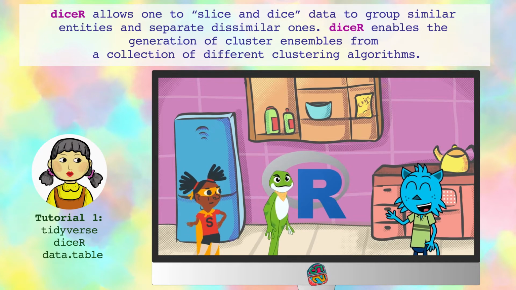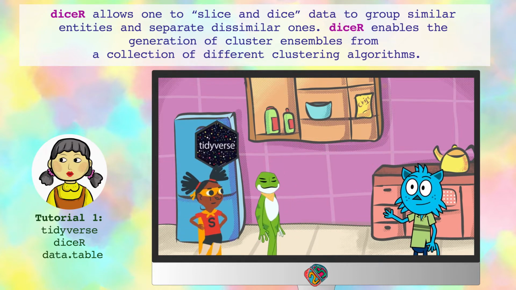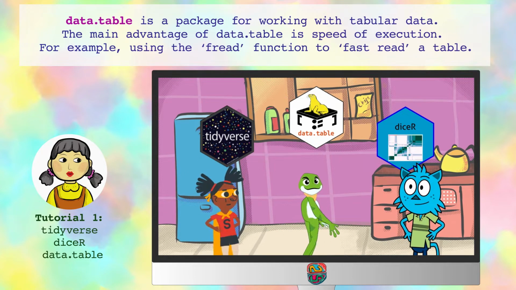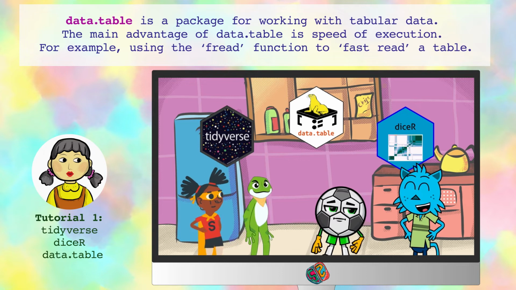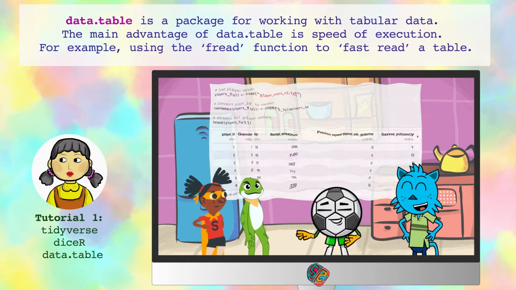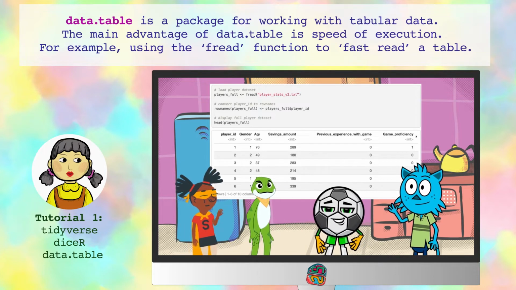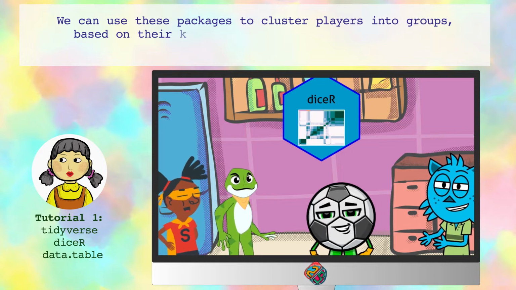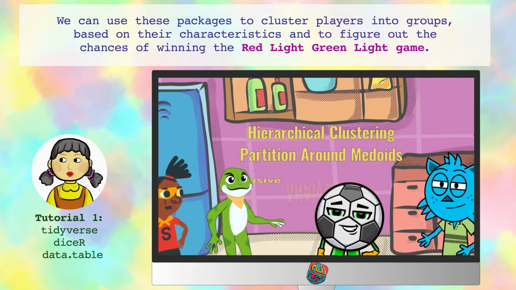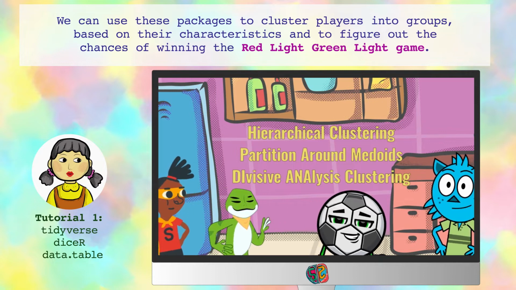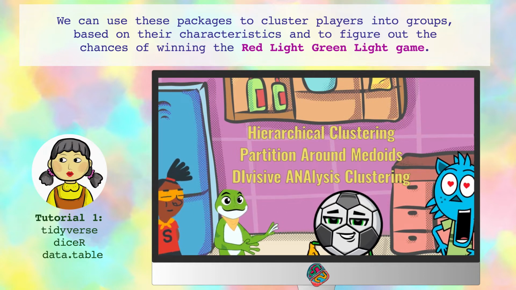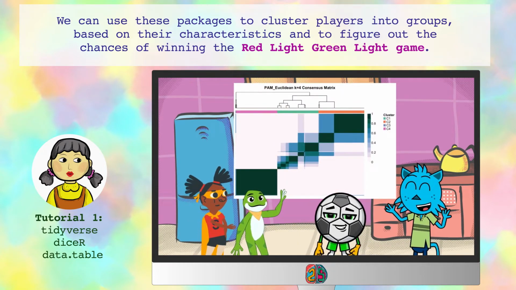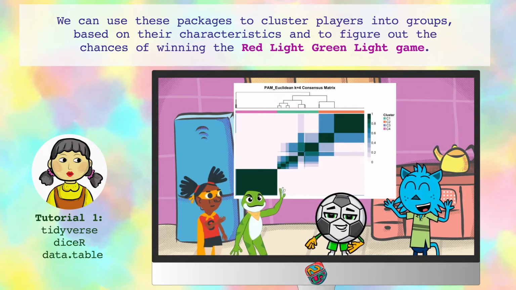Now, let's install 3 packages: Tidyverse, Data Table, and Dicer. You need them to run the analyses. Copy that. I guess we load the dataset that Zippy found next. That's correct, Bruce. Then, let's use Dicer to create a consensus cluster by selecting 3 clustering algorithms. Done! Look! I've made a heat map showing the 4 clusters: C1, C2, C3, and C4.